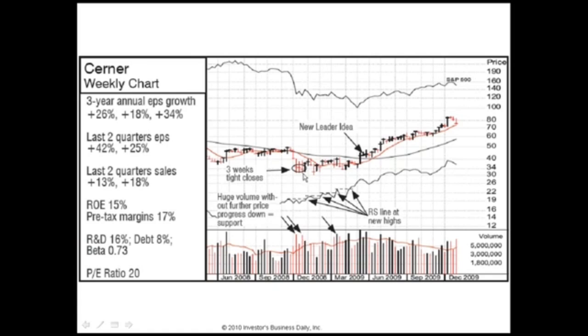Remember, an institution with 5 or 10 billion will be supporting some of these things on the way down, companies that they know and like. So it goes back and forth, and then we have another period over there. If you skip 2 weeks further, you'll see 1, 2, 3, 4 weeks tight again. The same thing happening. Now the market starts to roll over, and one of these follow-throughs fizzles, and it drifts back down. And as the market is making new lows up above, this stock holds above its low back over in the December 2008 quarter.